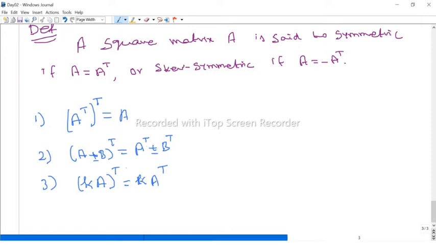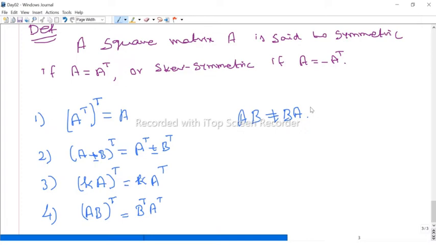The next one is the product of two matrices. Suppose I take A and B, take the product, and then take the transpose. It is the same as first taking the transpose of B, product with the transpose of A. So B transpose A transpose, not A transpose B transpose. Already we know that two matrices do not commute. In general, for two matrices A and B, AB need not be equal to BA. It does not satisfy the commutative property. Some matrices satisfy the commutative property, but in general two matrices do not.